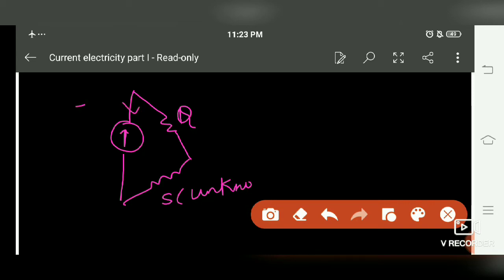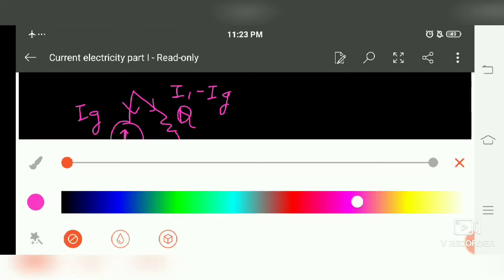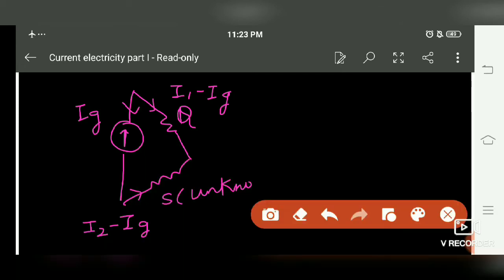Again, current is flowing from this point in this direction. Here the current was I1 minus Ig, and here the current was Ig, and here I2 minus Ig. Now if we traverse it in this direction, again in the clockwise direction, with this current in the same direction,